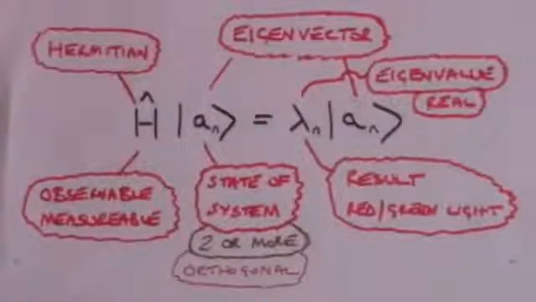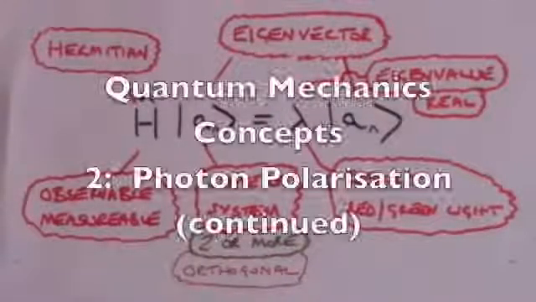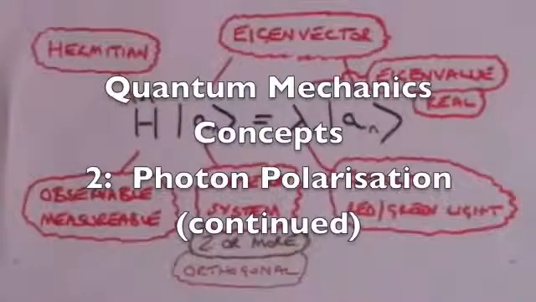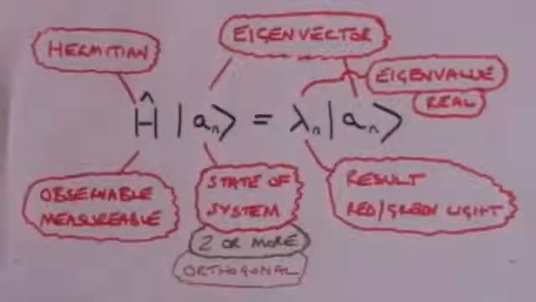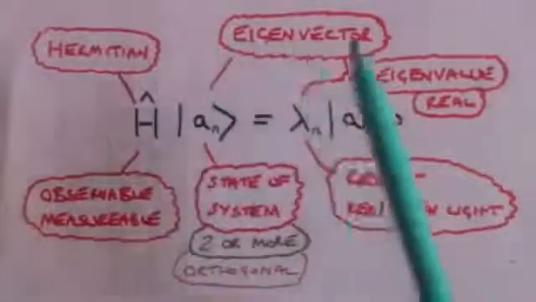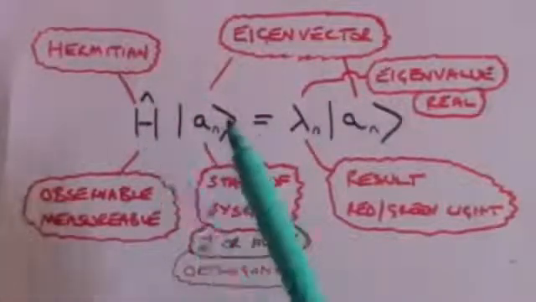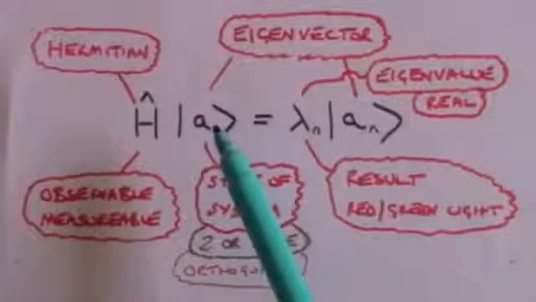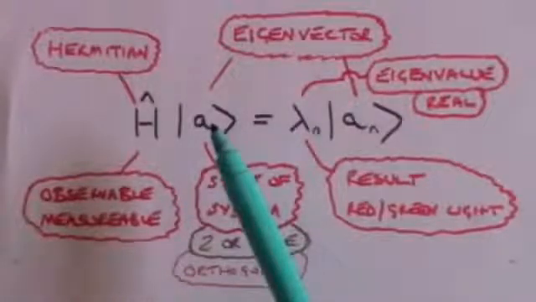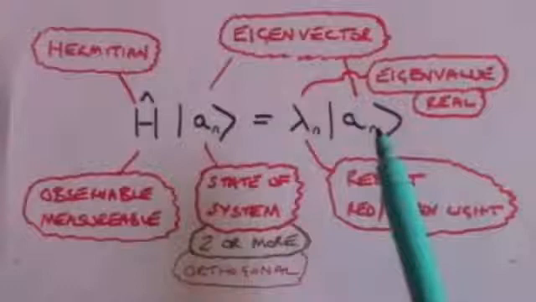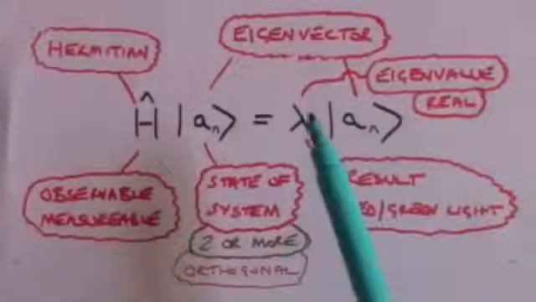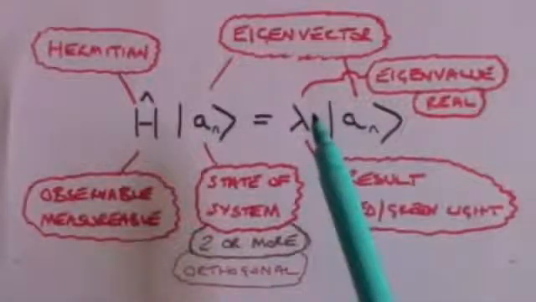Hello, today we are continuing in our series on quantum mechanics concepts, continuing with the theme of photon polarization. And if you'll recall, in the last video we established a very important equation which said that if we look at the top line, that tells us what the math says, that a Hermitian operator acting on a ket vector, which is called an eigenvector, will produce the same eigenvector but multiplied by a real number, which is called an